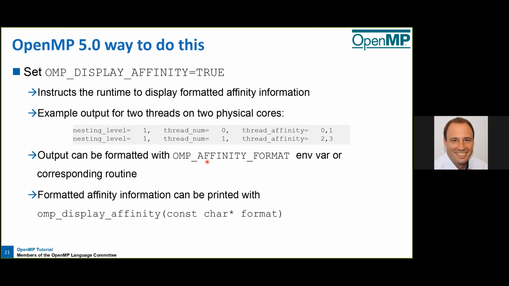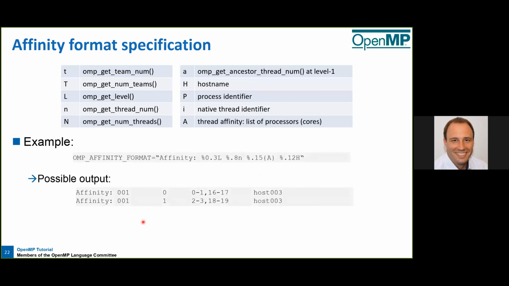This is an example output with the OMP affinity format environment variable. We can specify how to print the information to the runtime, or we can use the OMP display affinity API call to actively print the information from within your program. And this is what you can put into this affinity format environment variable, or as an argument to the previously mentioned API call: